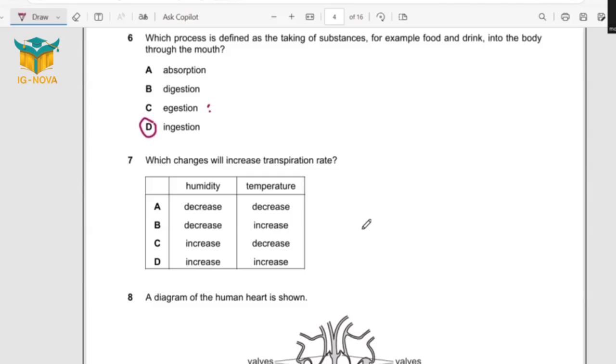Which change will increase transpiration rate? Check my previous videos. Transpiration is directly related to temperature, wind speed, and light intensity, and inversely related to humidity. So I need transpiration rate to go up, so humidity please go down, and I need temperature to be high as